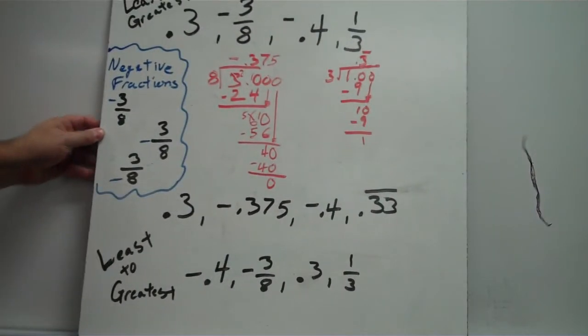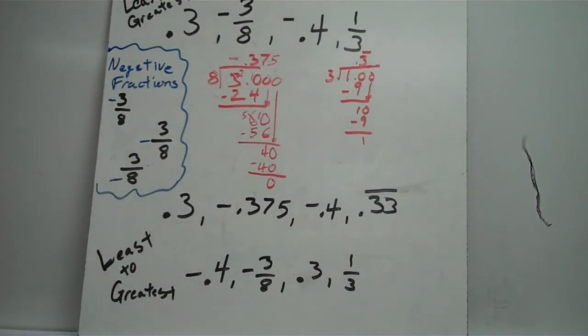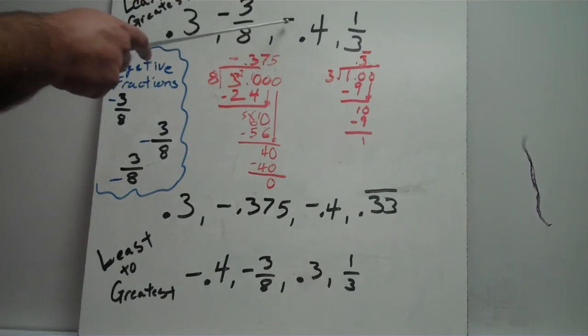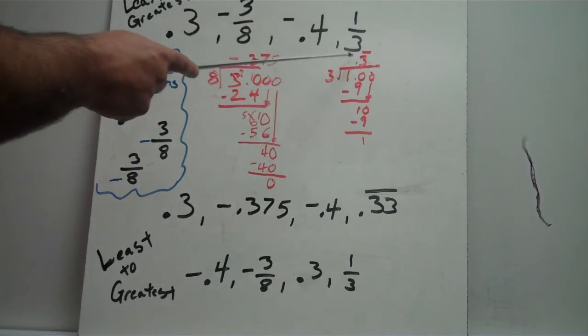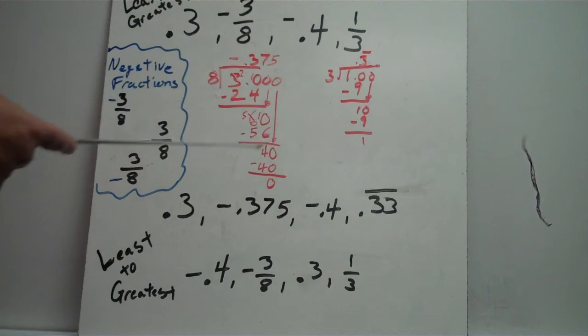When we are asked to write our numbers from least to greatest, again, what I like to do with my fractions is make them decimals. But we have 3/10, negative 3/8, negative 4/10, and then 1/3. So I made the fraction of negative 3/8 into negative 3.75, and I made the fraction of 1/3 into 0.3 repeating. And so